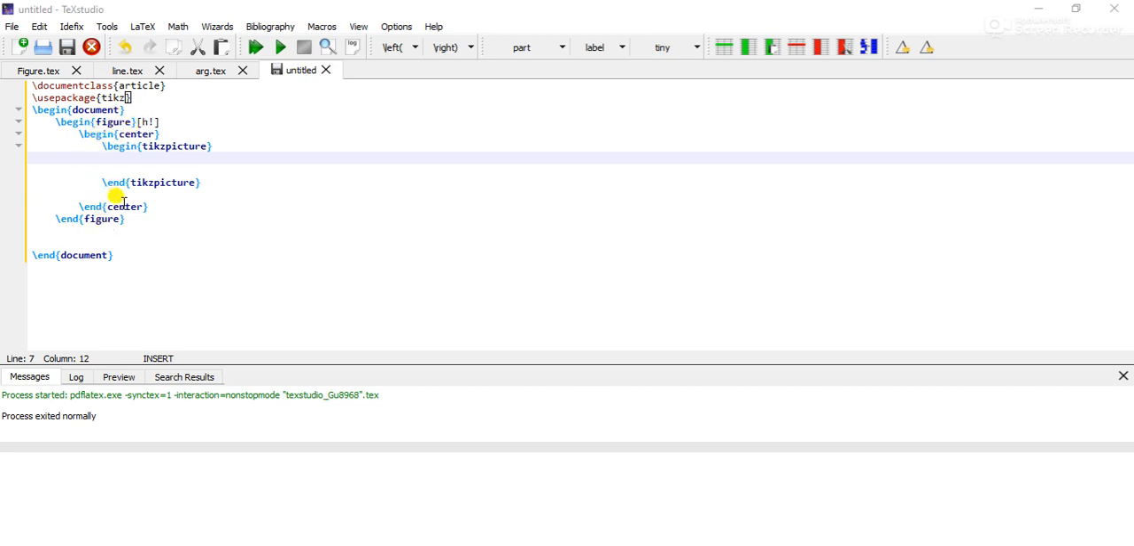So we'll begin with center, end that center. Now the content, like what we are going to draw, which shape we are going to draw, that you can give here: begin tikzpicture. Suppose, for example, I am drawing a line, it is backslash draw line. I will have to give the coordinates 1 comma 2 to, say, 5 comma 8, between these two. Now I'll have to end it with the semicolon,